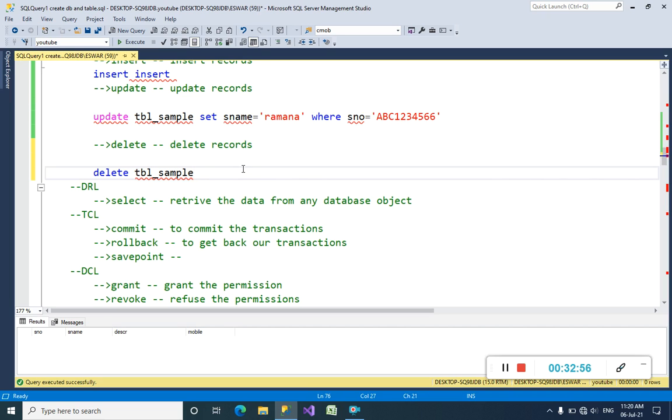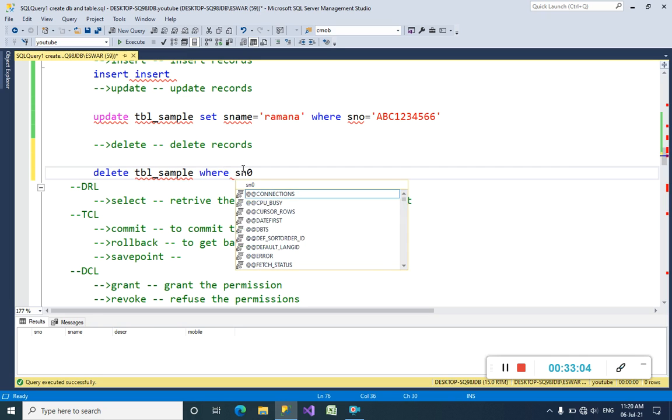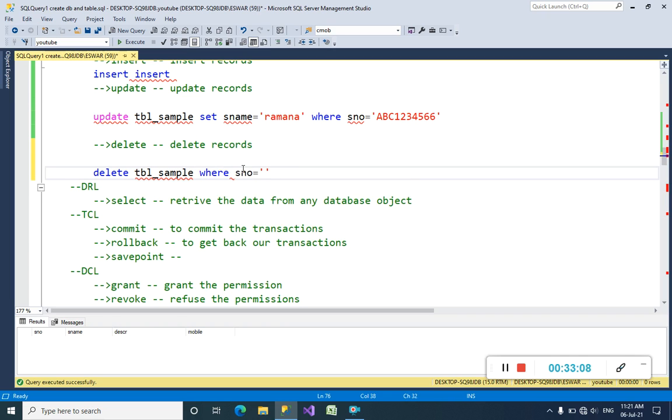Delete table sample means it will delete all records existing in the sample table. Where SNO equals ABC 1 2 3 4 5 6 6, actually I want to delete this record only. Without declaring a condition, it is going to delete all records.